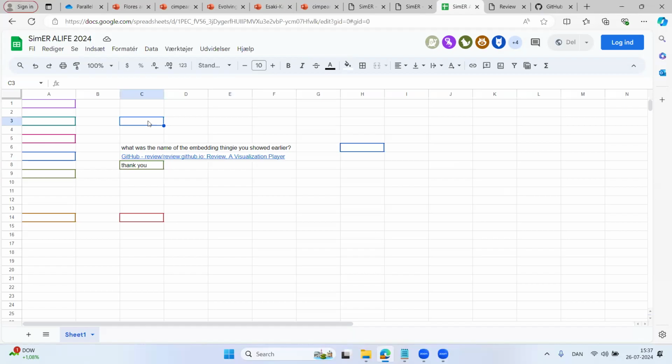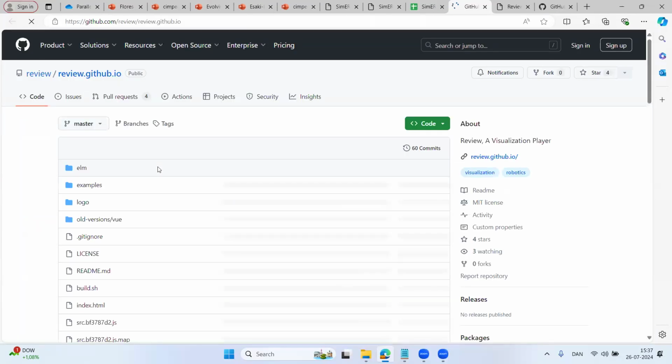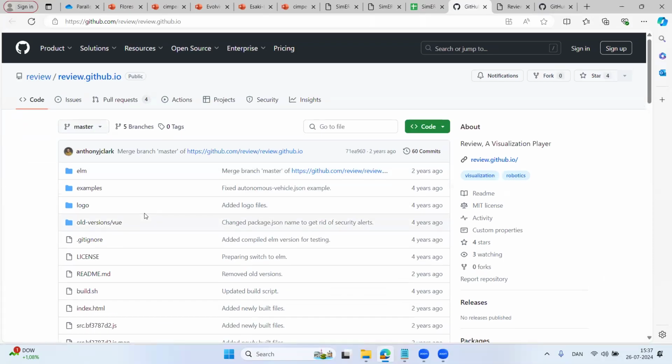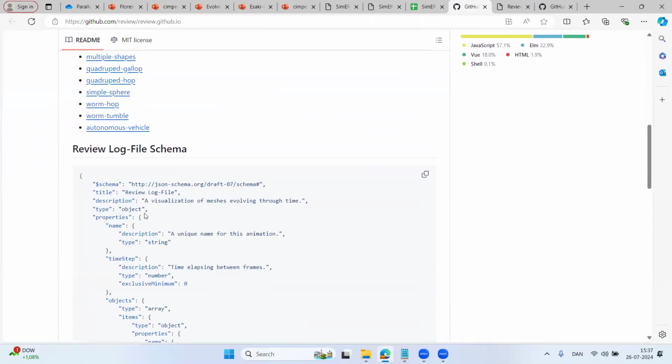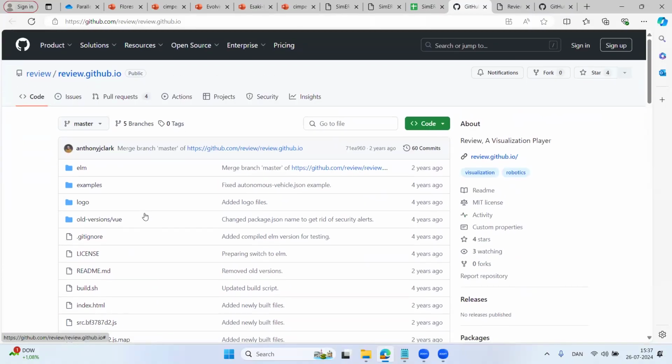If anybody's curious about that tool that I showed for visualization, I just put a link to it on the Google Sheet. Yep, just this visualization tool. Essentially, you can add it to any project. I have a little logger script that will output the correct data format for Python scripts and for C++ programs. It's just a really simple JSON format. You can also just create your own in probably half an hour if you know how to write your own JSON schema. Anything else I should mention about it?